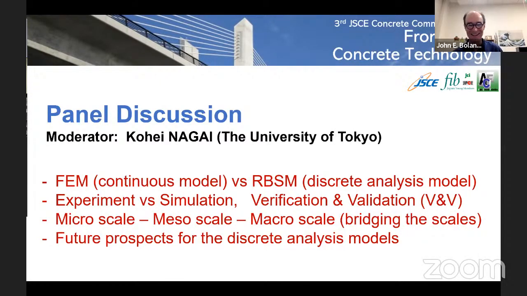No. I completely agree with what you're saying and Professor Nakamura's point that verification and validation should involve all relevant scales of the model. All relevant components of the model should be validated. If we just validate based on global behavior, we don't really know whether the model is working or not.